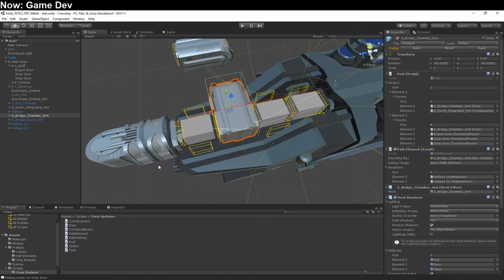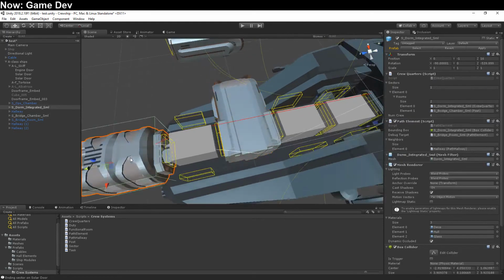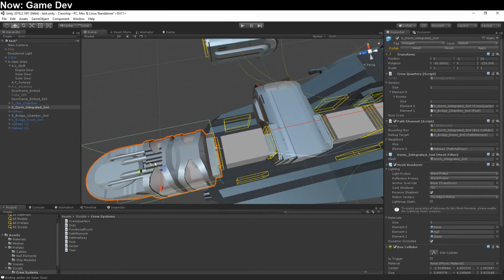It's just a list of pointers. It's not like it's going to be a huge deal. I'd like a more elegant solution, but I can't think of one. This should work, though, because what'll happen is the room here will say, all right, my sector is the bridge